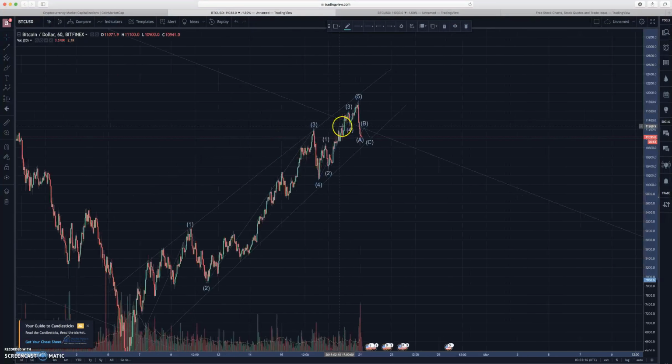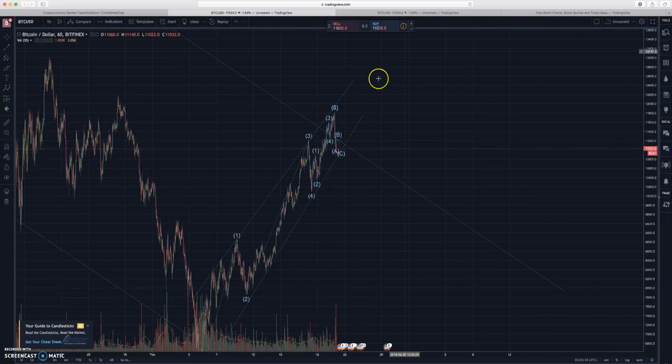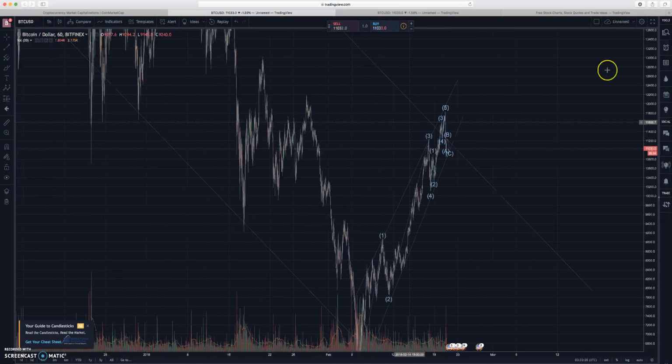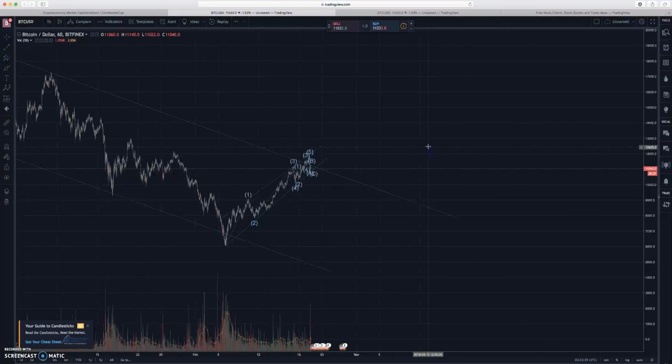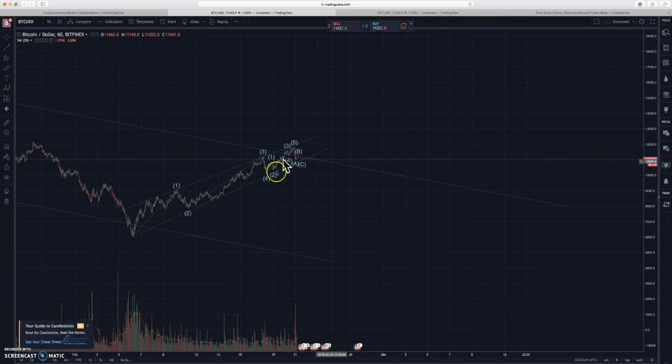I don't think this channel will last forever, obviously, because if we zoom out, that is a pretty steep rise for a while. I don't think we're going to hit 20K in this region, right? I think we're going to end up breaking through here, and maybe we'll be trading sideways for a while. It's very difficult to tell, but we'll have to take it day by day. But this is something to be watching.